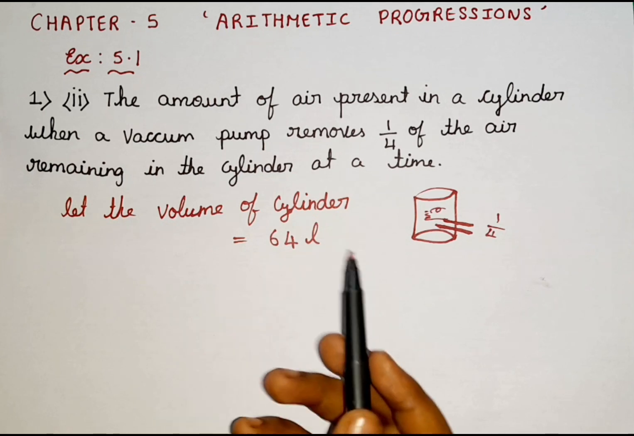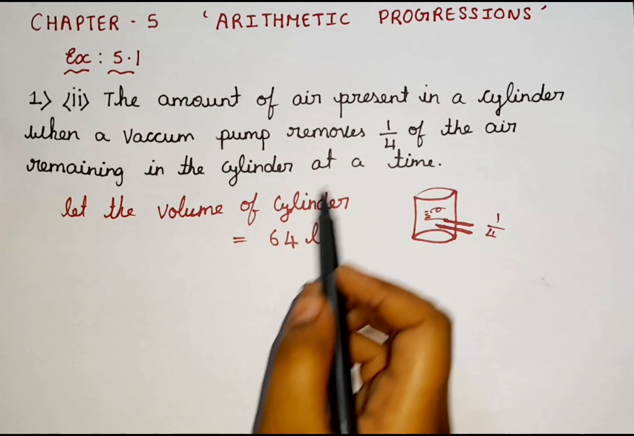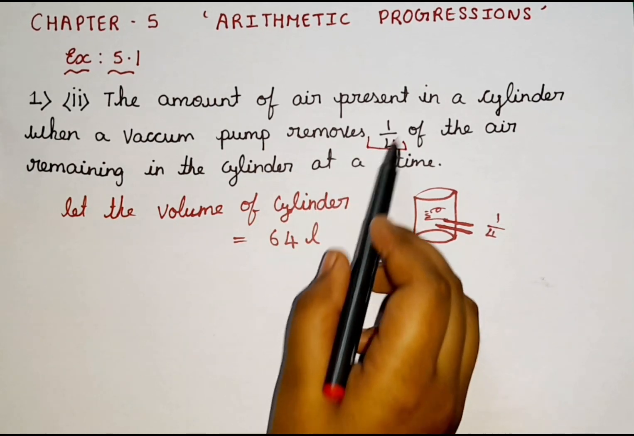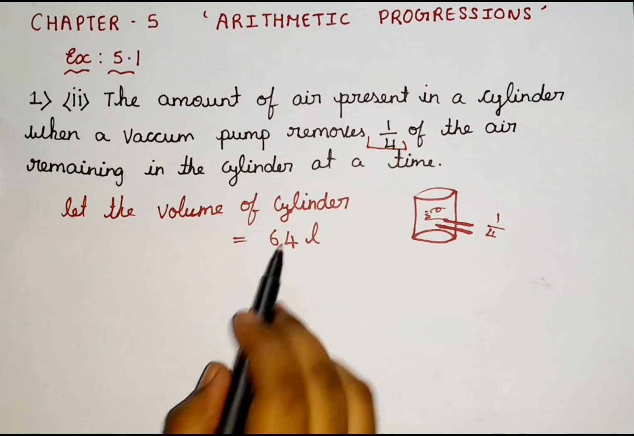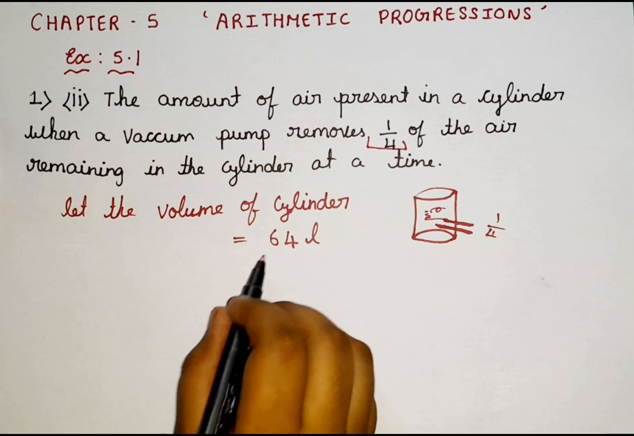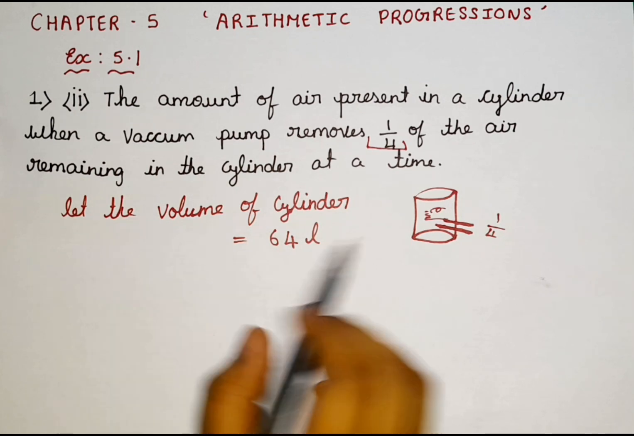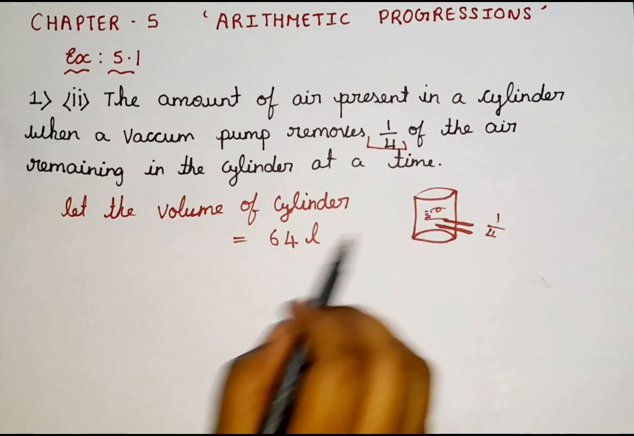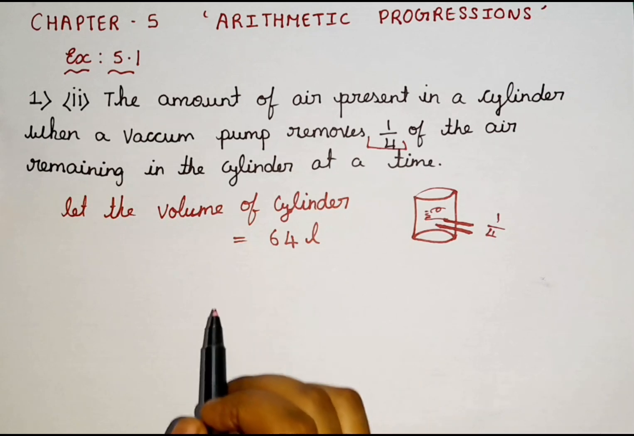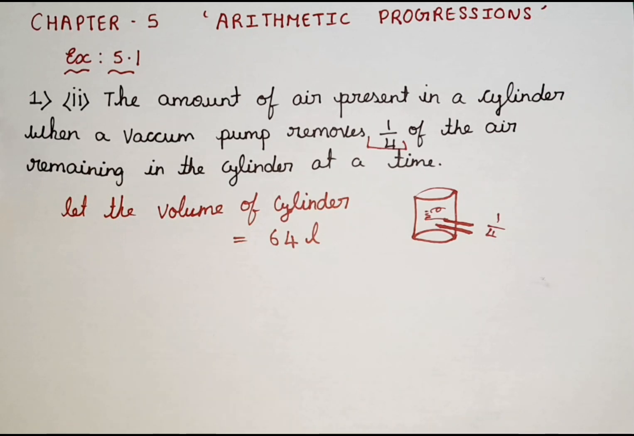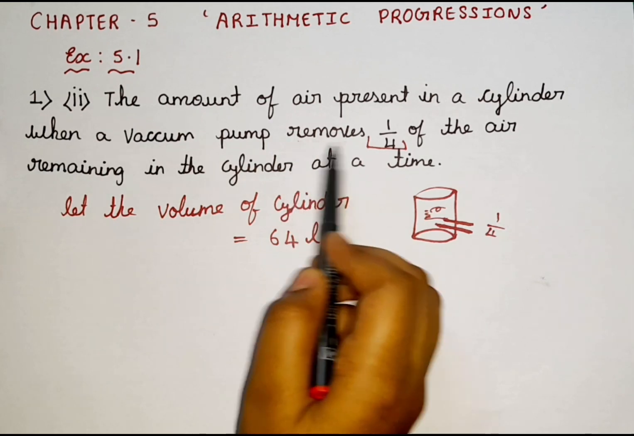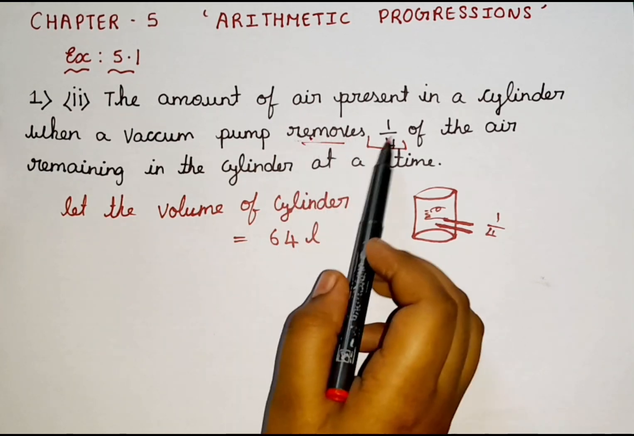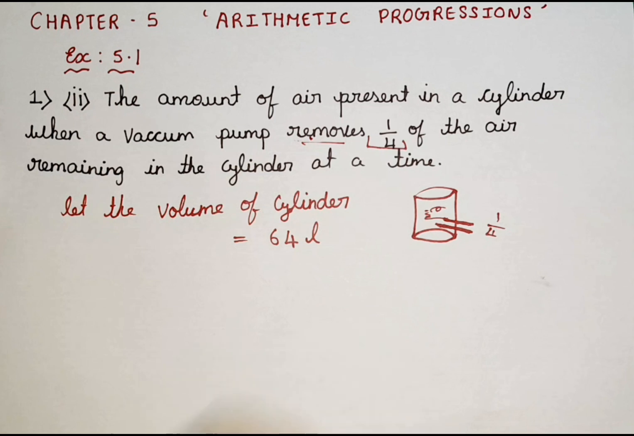Why? Because here they didn't mention any number. The only thing they mentioned is 1/4. So let us take it as 64. The air present in the cylinder, the volume is 64 liter. Since I took it as 64, they are removing 1/4 of the air, then I can do